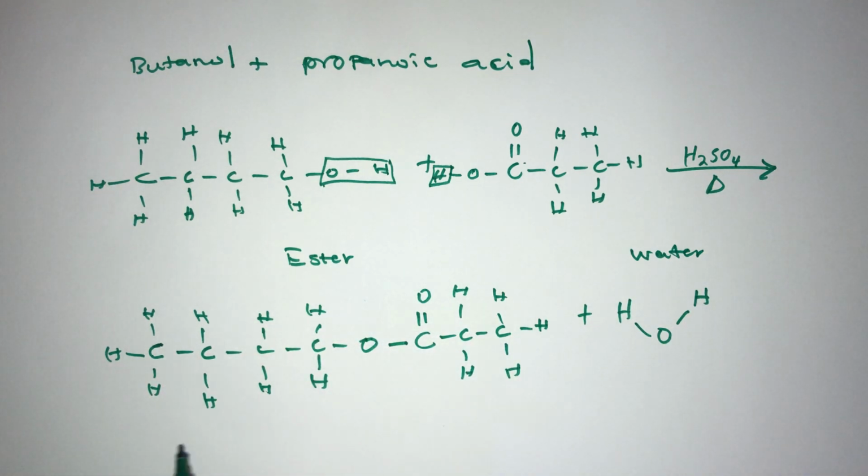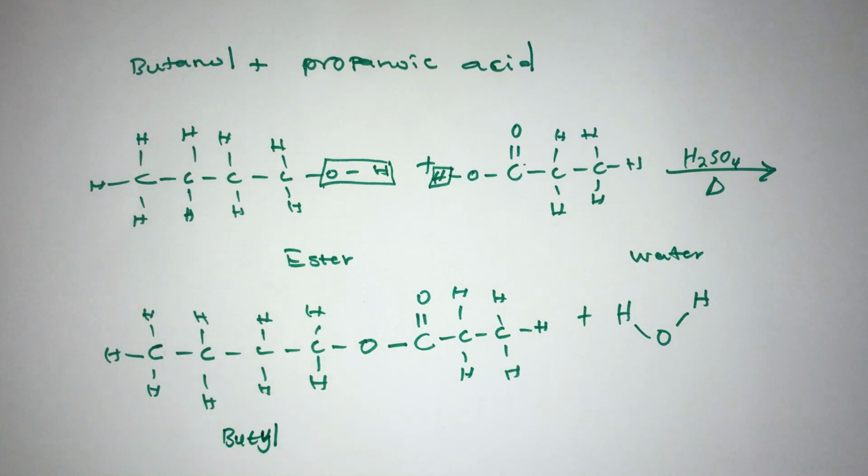So the name now, we start with the alcohol. We name this alcohol like we're naming a branch. So check 1, 2, 3, 4. So it's going to be butyl. We name it like we're naming a branch, butyl, and then we come this side to the acid, 1, 2, 3. So 3 is